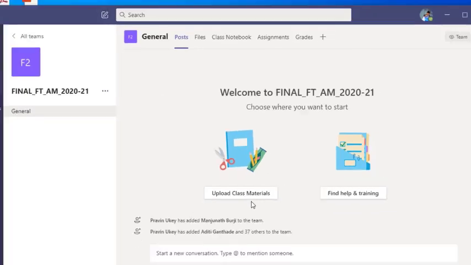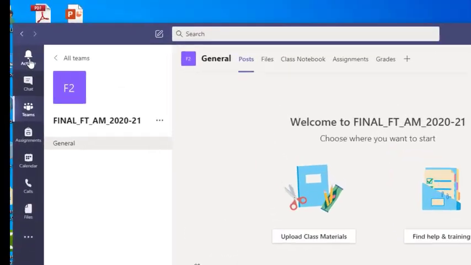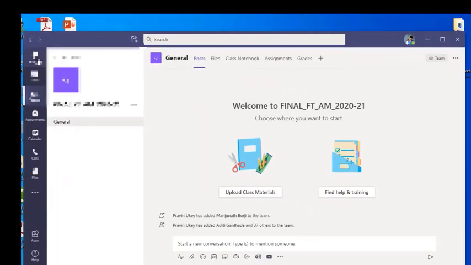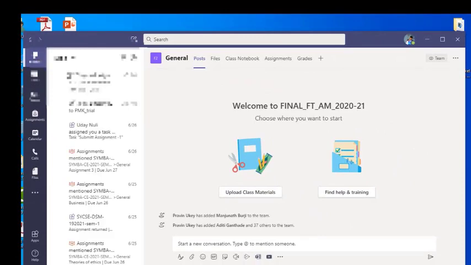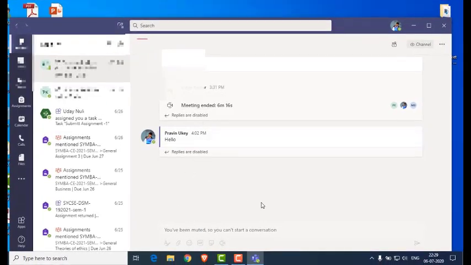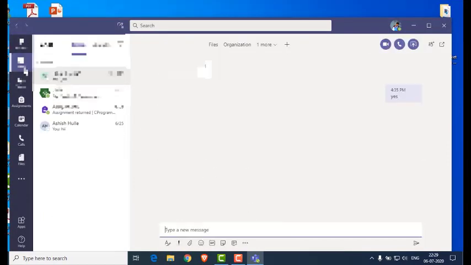Now let me just quickly rush through the tools which are available here. The very first one is the activity. With the activity, you will find whatever activities have been carried out particularly with Microsoft Team, shown by the date itself. Then the chat.